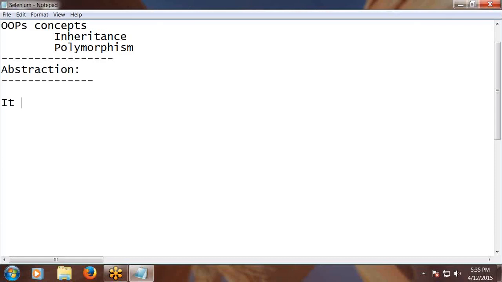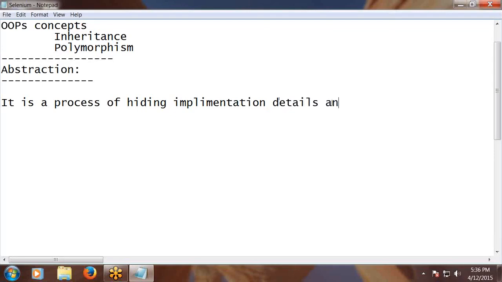See, it is a process of hiding implementation details and showing only functionality to the user. Okay. Next,